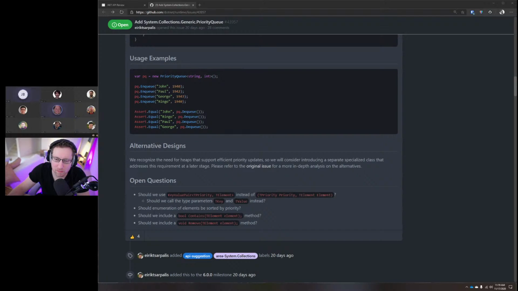So that's where it's, do we agree that this is a reasonable data structure that has these semantics, but that it should use a word other than queue? Priority bag was the thing that got suggested in the issue after I brought up that I don't like that it's a queue that isn't a queue.